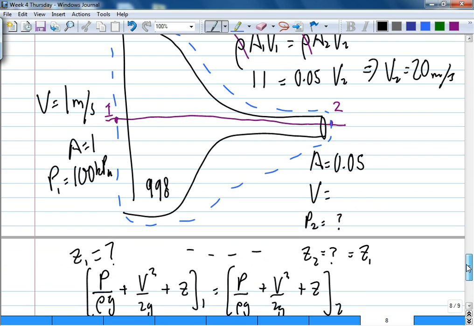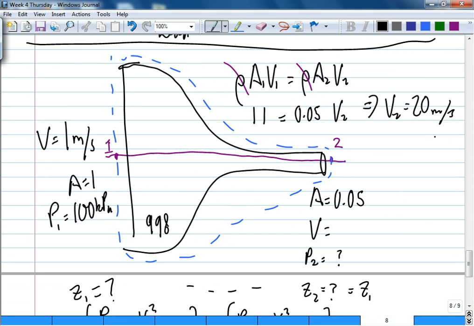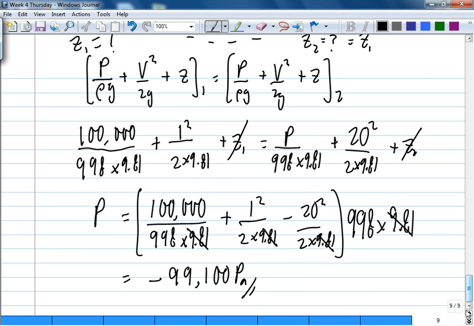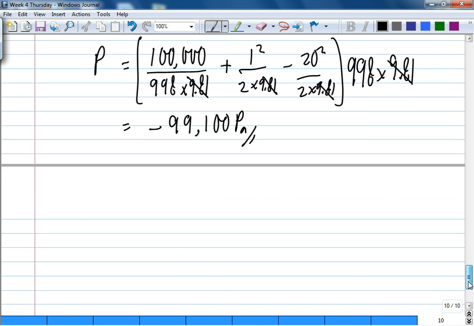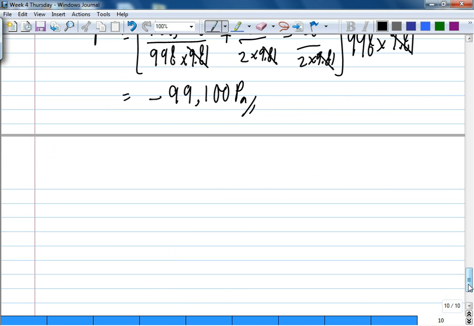That's why I didn't want to go too high, because then your pressure might go below zero absolute. Okay, so P2 is equal to minus 99 kPa. These are gauge, so 99 kilopascal below atmosphere. Is that okay? So one last thing. This one, don't worry, we won't talk about the maths.